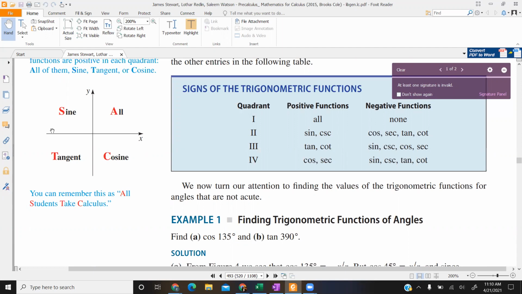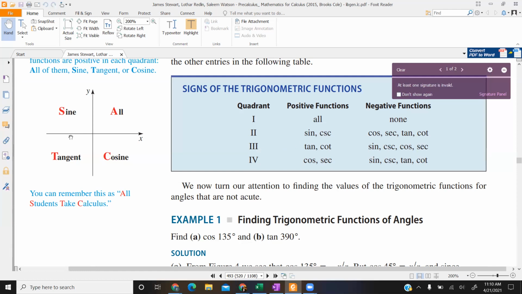I'm using sine in two different senses, with two different words that sound the same. I can't recall what those are called. But anyway, I'm using sine, S-I-N-E, for the trig function, and then sign, S-I-G-N, to refer to whether it's positive or negative. So in the second quadrant, sine is positive,